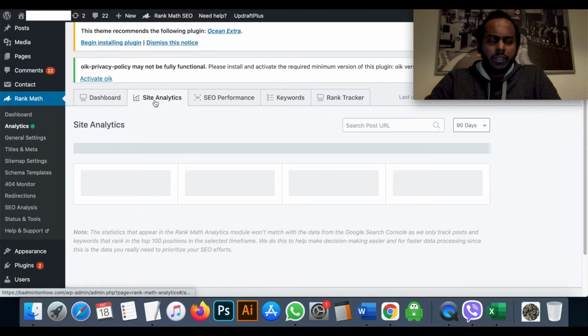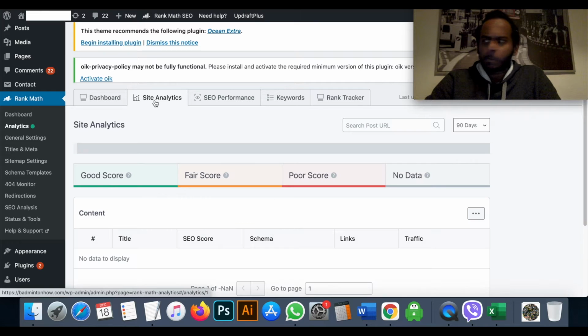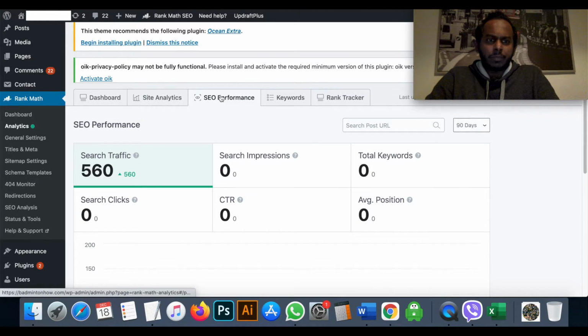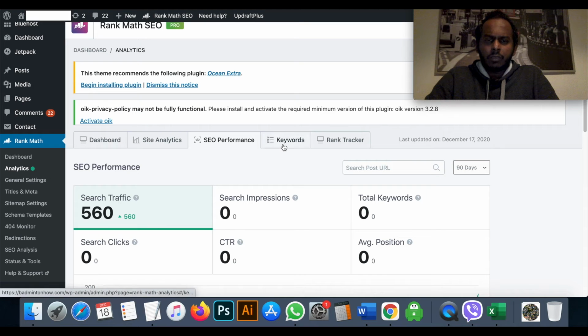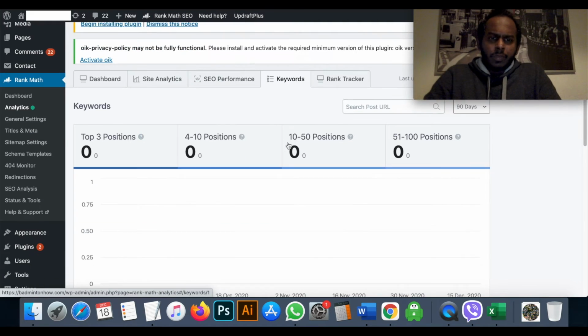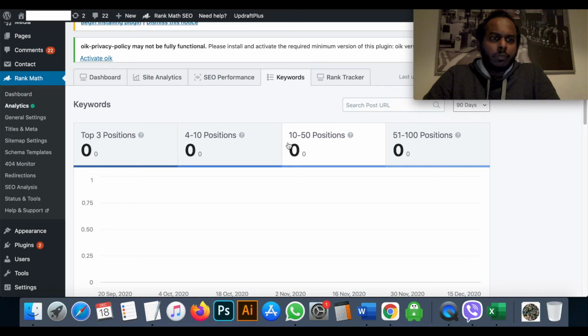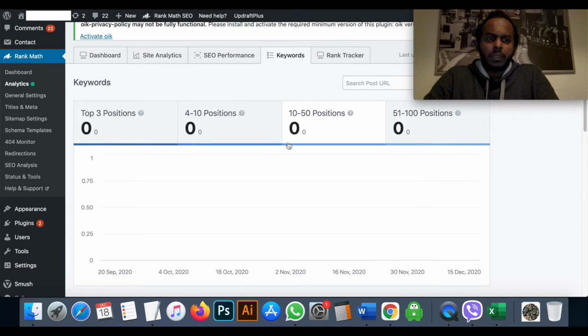So, site analytics. I don't like to complain because it's not my thing, so that's why I tried to fix this by myself. But that surprises me. Search traffic, you can see keywords. I think Rank Math is supposed to bring this data here, right?